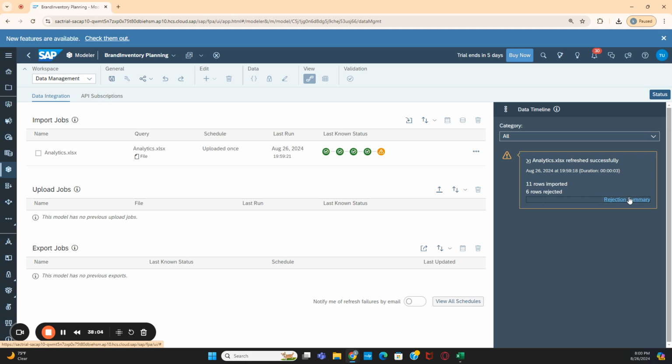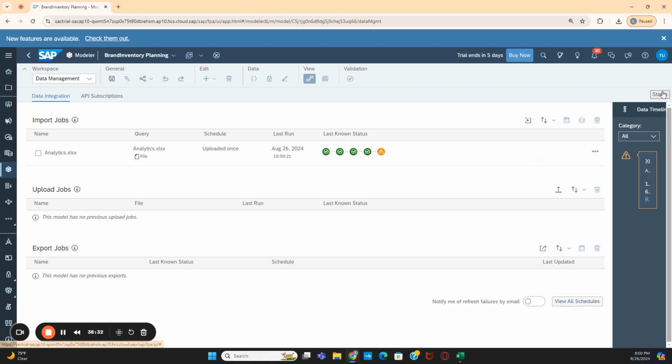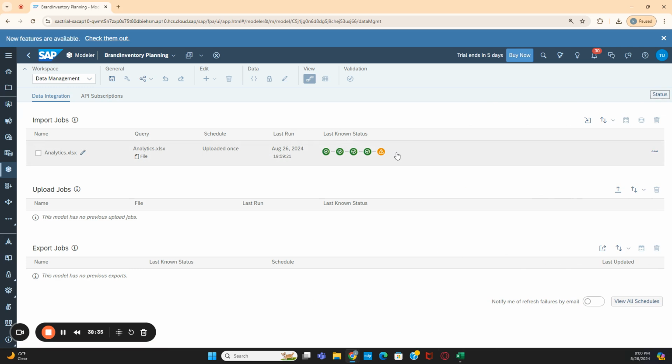But in BPC there is an option, right? We can reject the entire import if we find any error, or we can reject only the error records. That option setting is there in BPC. Here I didn't find it. If you know that setting, please let me know. Okay, we have loaded 11 rows. Now shall we load the rest of the 6 records also? Okay, I will take care of loading the rest of the 6 records just by maintaining the